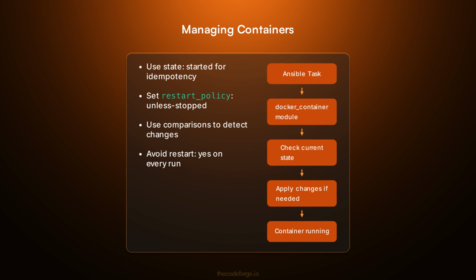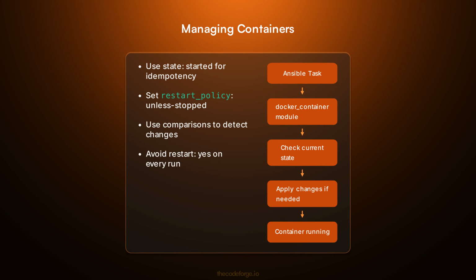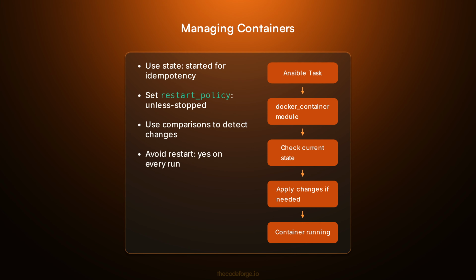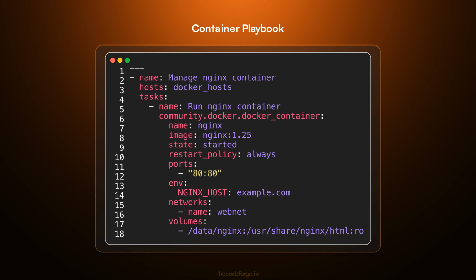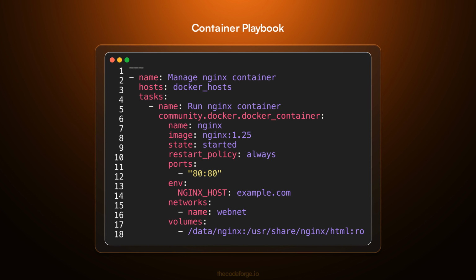The docker_container module is the workhorse for managing containers. For production, use state: started to ensure the container is running, and set restart_policy: unless-stopped so it survives daemon restarts. The comparisons parameter tells the module which attributes to compare to detect changes. Here's a complete example of managing an Nginx container. Notice we specify the image, ports, environment variables, network, and volume. The module will create the container if it doesn't exist, or update it if something changed, but only if you